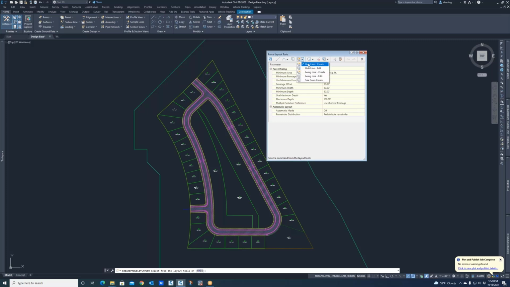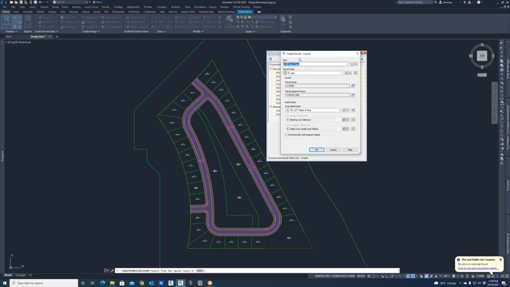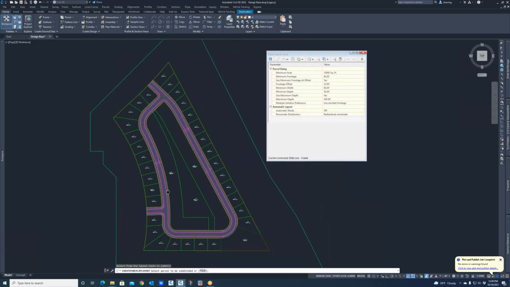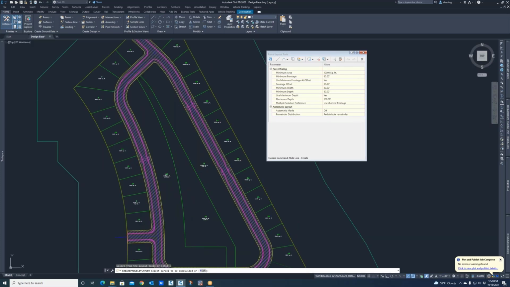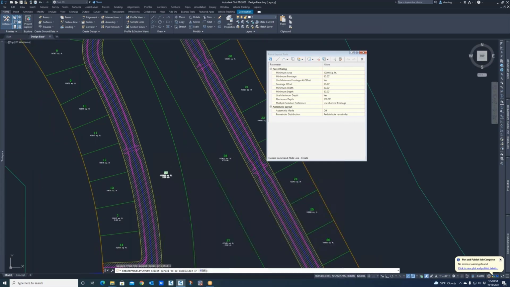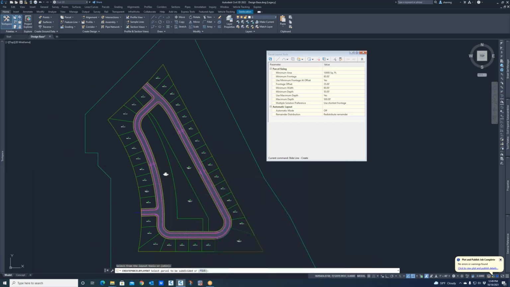All right, slide line create. I'm going to leave all the defaults here as well. It's just the site. So this time when we have the automatic off, we're going to select the parcel we want to subdivide. So in my case, this 39 here. So I'm going to select that label. And then once it's selected,